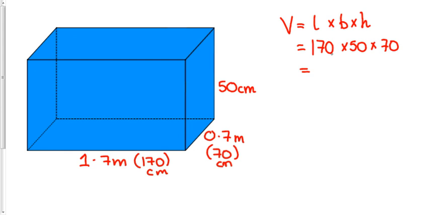So let's use a little shortcut where we split 170 up into 17 times 10, and 50 up into 5 times 10, and 70 up into 7 times 10. What we're going to do is multiply 17 by 5, take our answer, multiply that by 7, and then multiply our answer by 10, by 10 and by 10, or put 3 zeros back on if we want to use a little trick. So 17 times 5 would give us